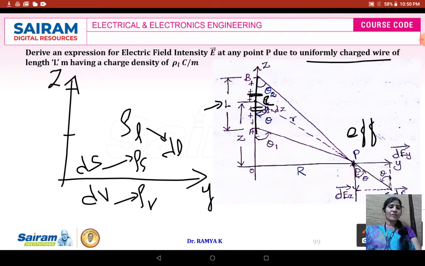From starting point of the conductor to the point under consideration, the angle made is going to be theta 1, that is the initial value of theta. From final point of the conductor to the point under consideration, the angle made is going to be theta 2. So in between this only you are going to consider the reference point C. From reference point C to the point under consideration, we need to identify the value of electric field intensity. So this is your cause and this is going to be your effect. So between cause and effect, the distance made is R.